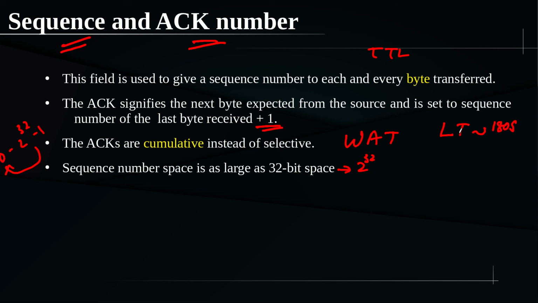And the requirement is that this wraparound time should always be greater than lifetime, otherwise things will be complicated, right? If it is less than lifetime, just before the packet with the previous sequence number reaches the receiver, you may generate another packet with the same sequence number. Such a situation should not be there, so you always have to ensure this. In the current scenario with our speed, 2 power 32 is a very big number, so we can ensure this. But if the situation is worse, we have to rethink whether this 32 bit is enough or not. Those are some of the challenges we are facing.